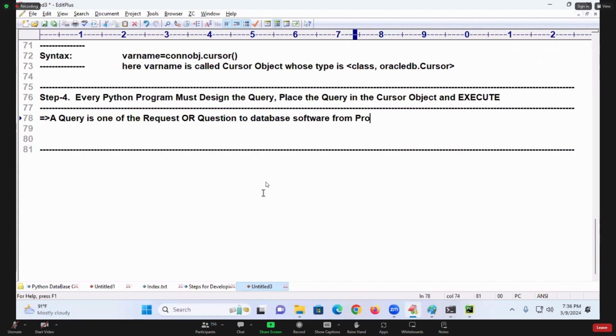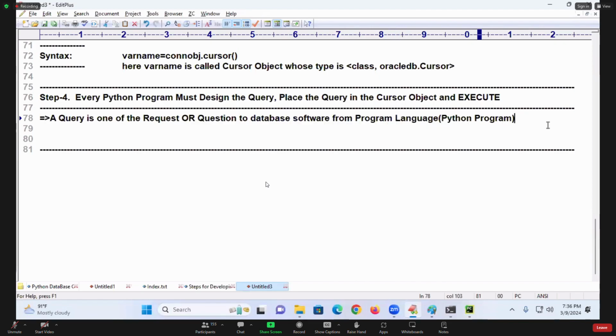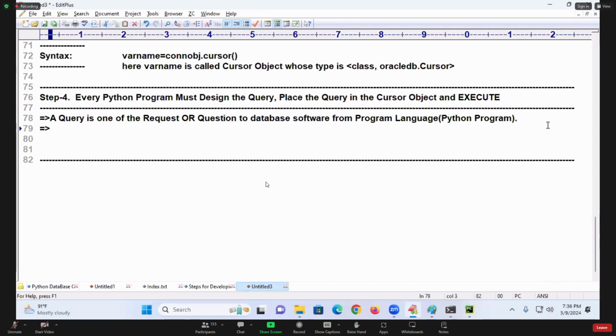From where? Programming language. That means in our case, Python program. A query is one of the requests or a question to the database software from Python programming language or from Python program. What types of queries are there? In SQL, that means it is common for all the databases, queries are classified into